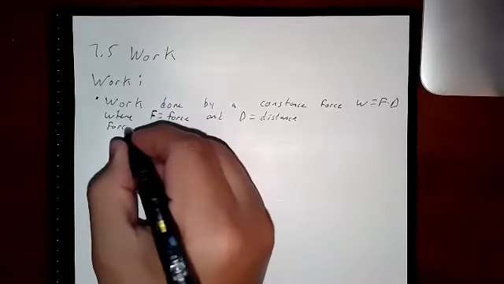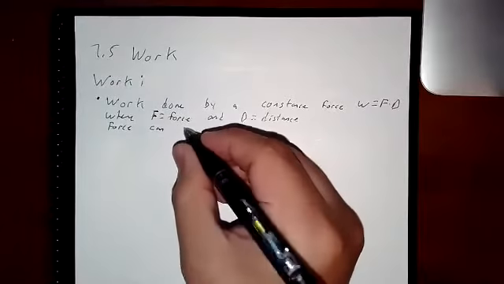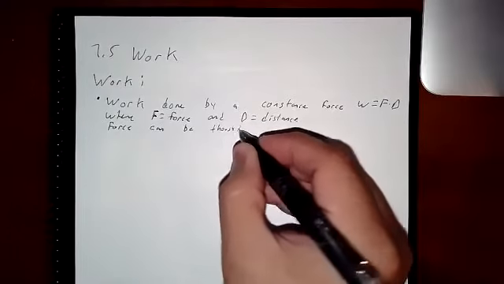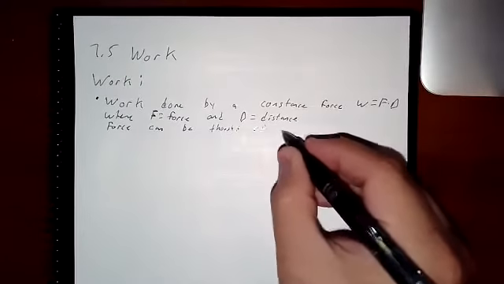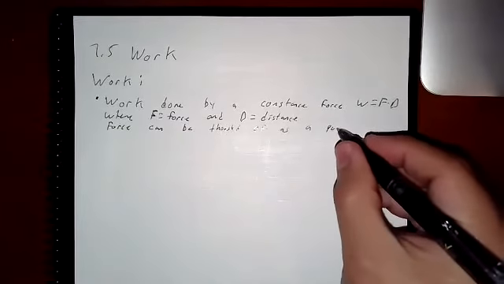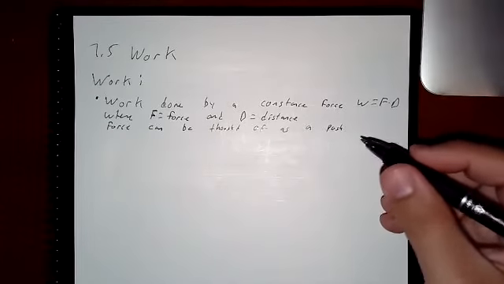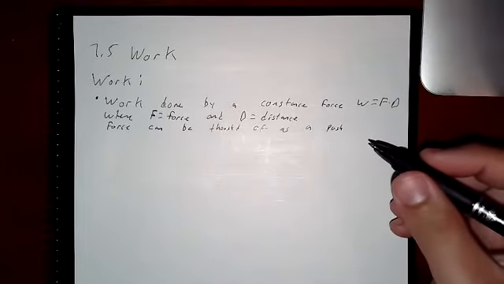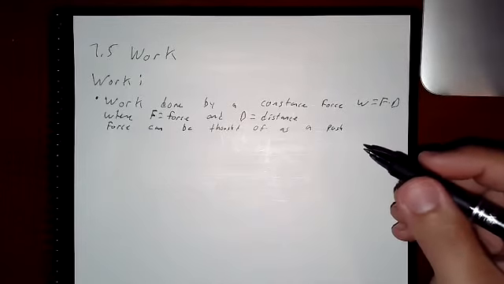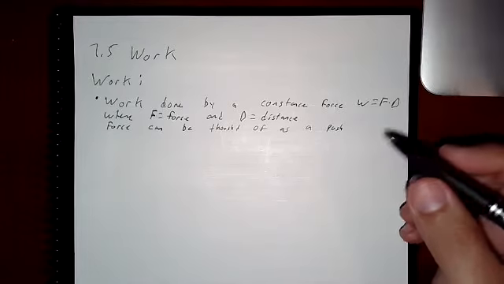Force can be thought of as a push or pull. So like if you're pushing, let's say, a block forward, some box or something, or pulling it. So the work done would be your force applying to the object over some distance. So that would be the work